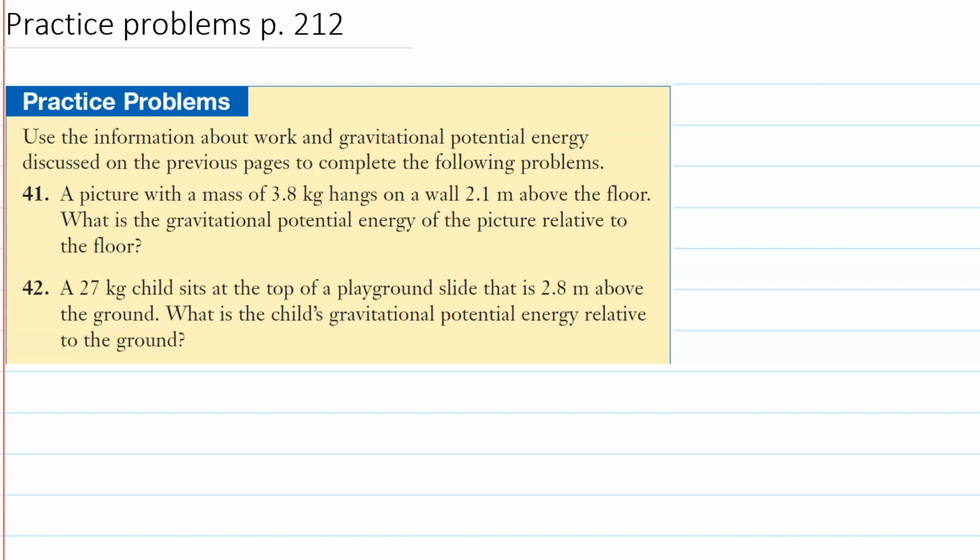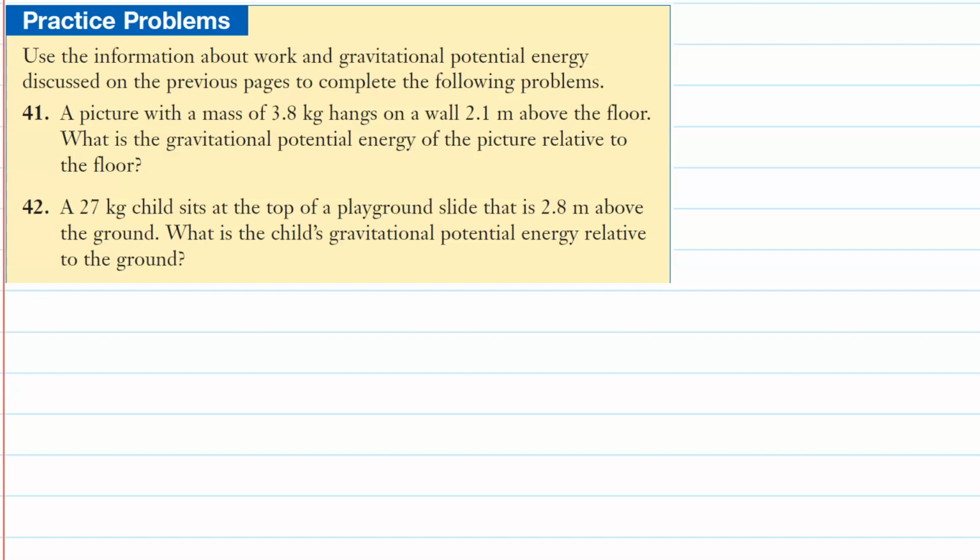Okay, let's look at these practice problems on page 212 of your textbook. And we'll start with number 41. So for number 41, it says, there's a picture with a mass of 3.8 kilograms. It hangs on a wall 2.1 meters above the floor. So you have a picture. That's your picture. It has a mass of 3.8 kilograms, and it is at a height